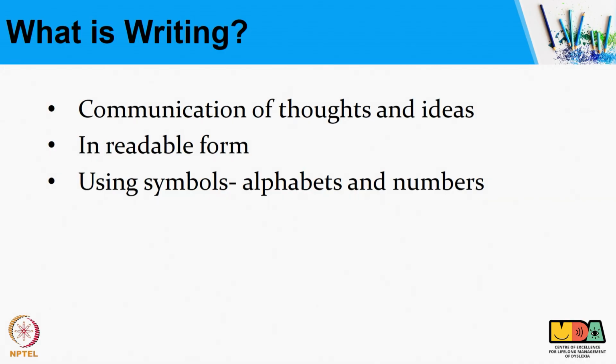Now, let us see what is writing. Writing is the process of communicating thoughts and ideas using letters and numbers. In the order of learning, we first listen, speak, read and then write. So, writing is taken up as the last activity after all the other areas of learning develop. Generally, now writing is taken up as the first activity overtaking all the other areas of learning. It hence becomes a very complex activity.